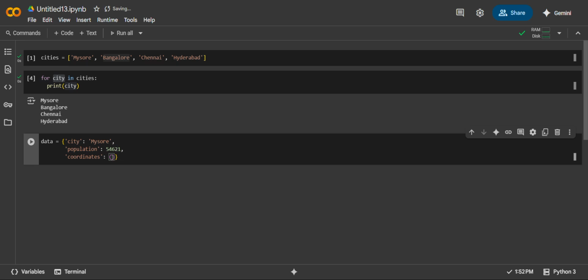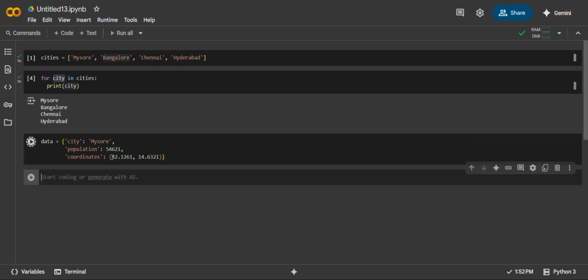So let's just say it's in the xy format, so longitude and latitude. So this is my longitude, and let's just say this is my latitude. So exactly this is not the coordinates of the Mysore city, but we are just using it for the examples. So now how can I write a for loop for a dictionary? Let's just say,